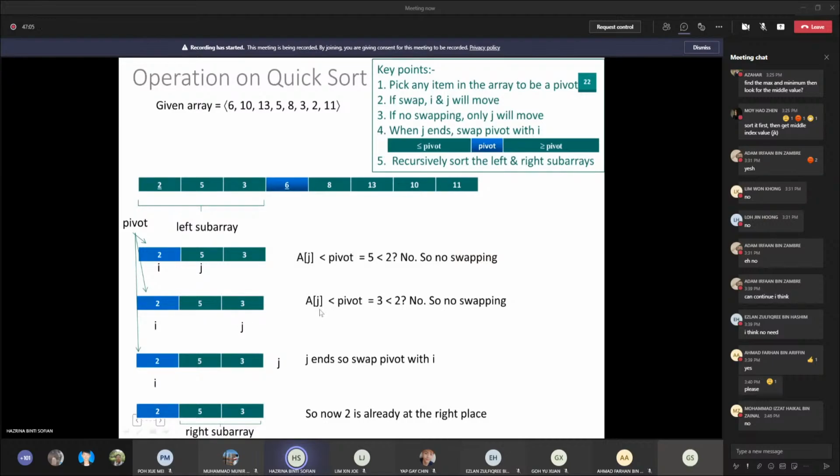And then we do the same thing. A[J] smaller than pivot. Is 3 smaller than 2? No again, right? So no need to swap. Only J will move. So what happened here? When J moves,